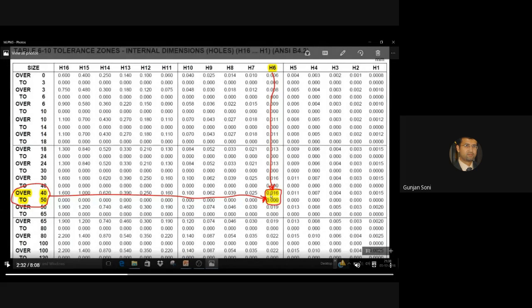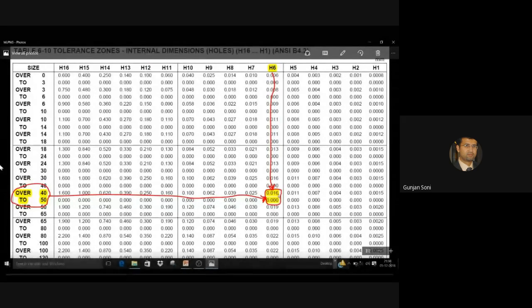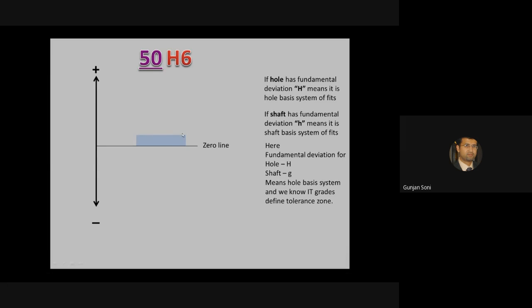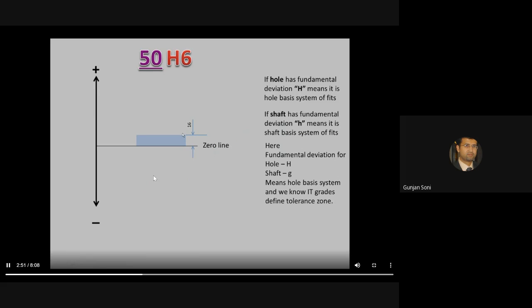Okay, so Sagar, you are saying it is 0, 0, so what is the problem in this? This is becoming unilateral. Okay sir. Yes, upper limit is 16 micron. Let's see. So positive, right? So it is going in this upper direction. Here you can see lower limit is 0, 0. That's why it is matching to the 0 line. There is no deviation. And upper limit is deviating 16 micron. Here it is 16 micron.